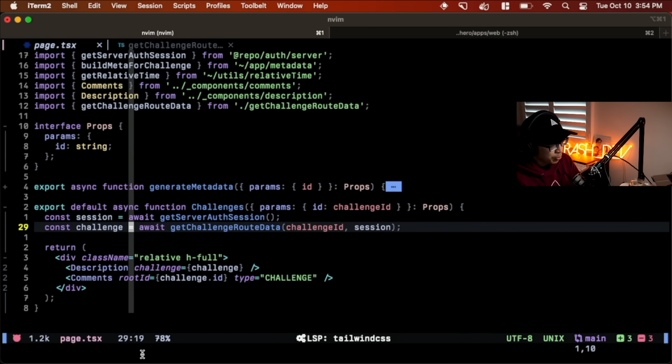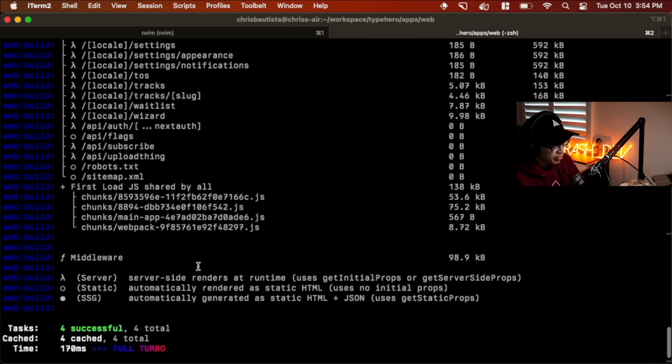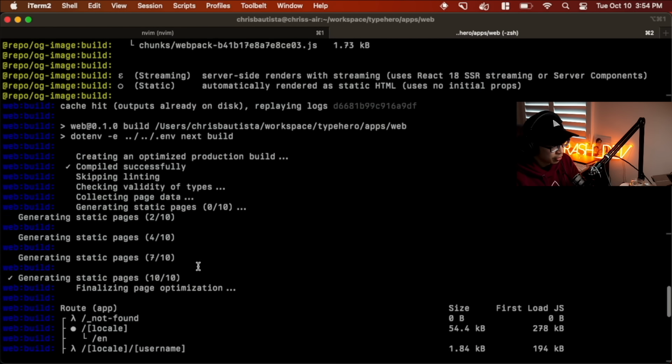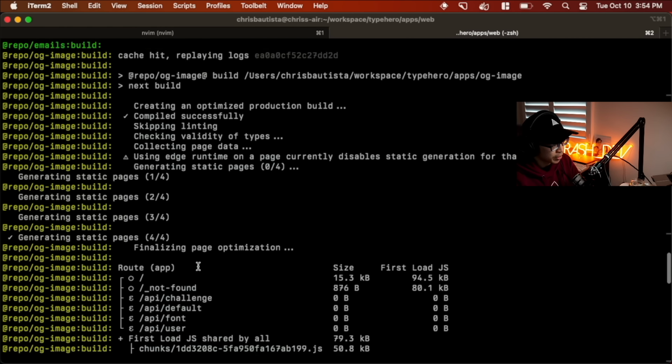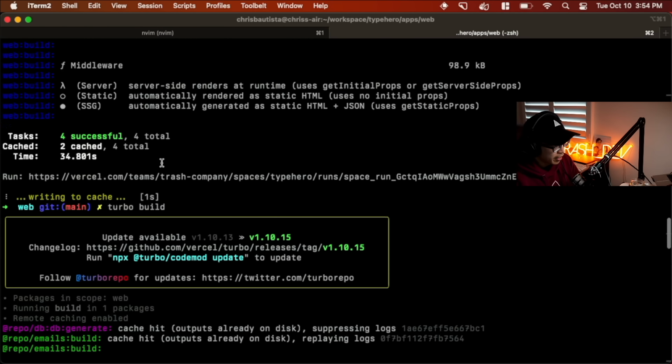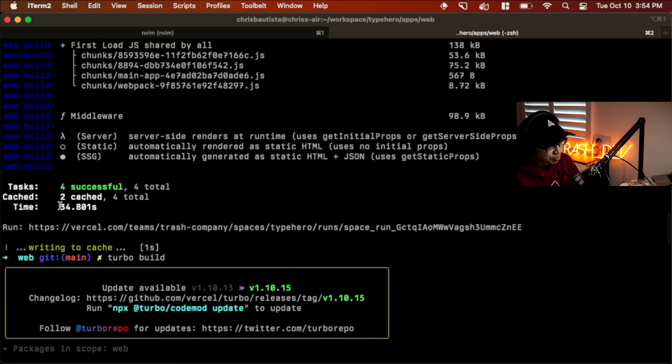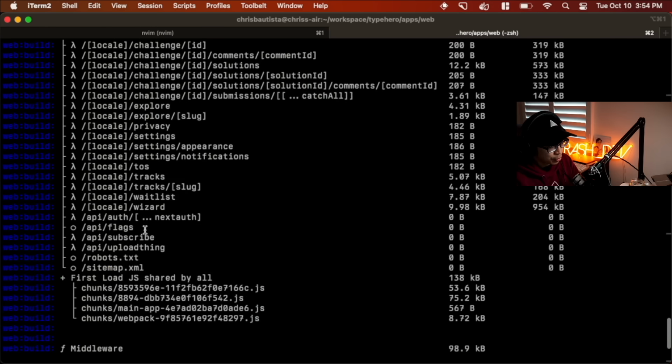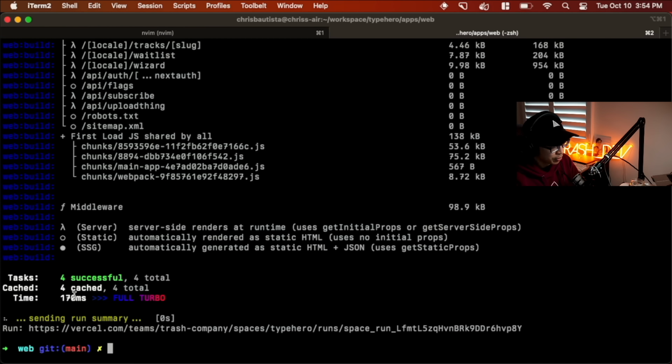And since we're in here, there's one more thing I'd like to call out. I mentioned previously that build times are getting longer. So how did we address that? We chose Turborepo for our official monorepo tooling. We can see here that a build specifically for the web project, which is just typehero.dev, takes around 34 seconds. But if we use Turborepo's remote cache, we see that a web build takes 170 milliseconds.